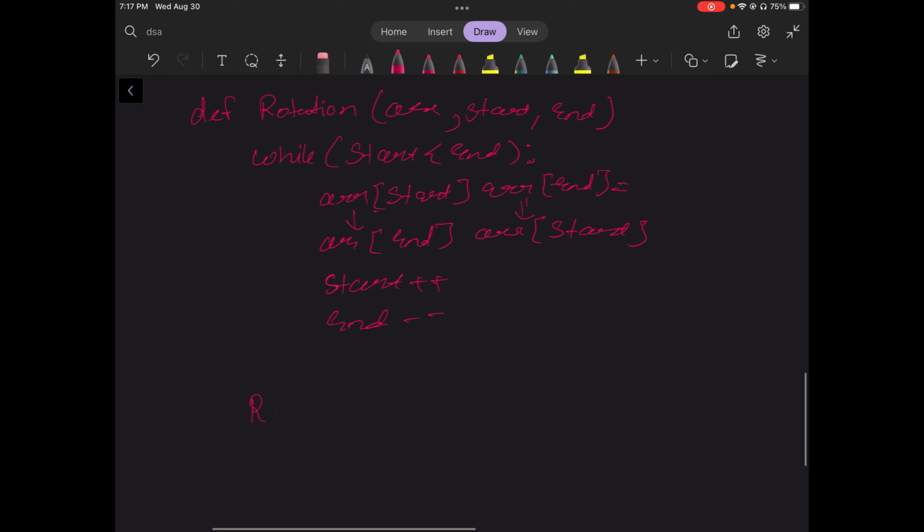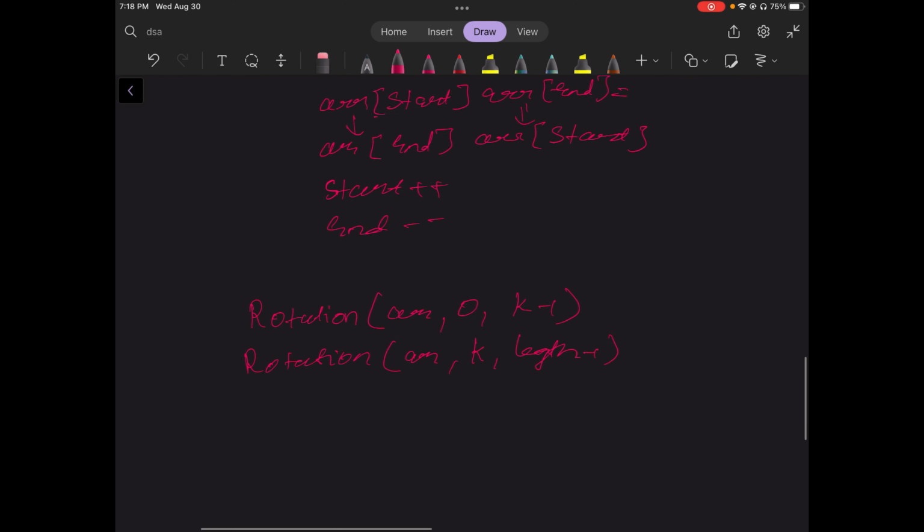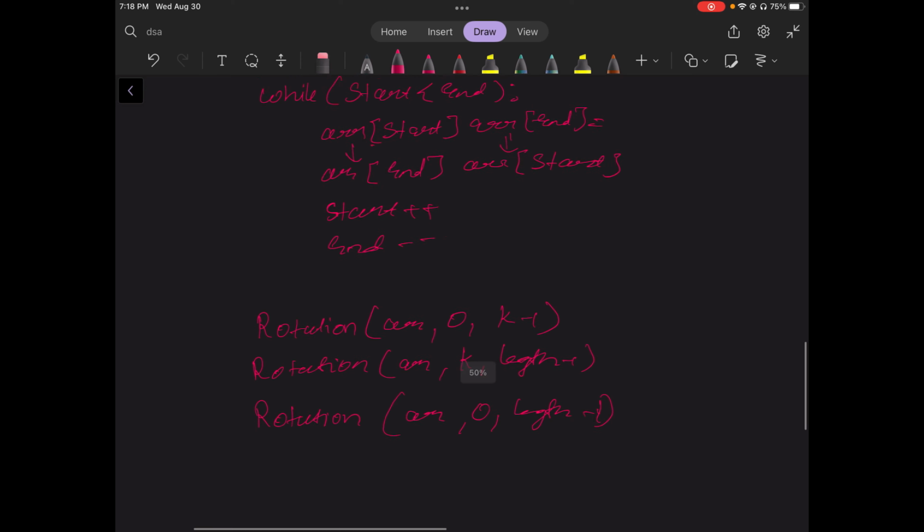Let's call the function rotation array 0 to k minus 1, rotation array k to length minus 1, and the last one where we need to rotate the whole array, so it will be array 0 to length minus 1. So this is our whole code,